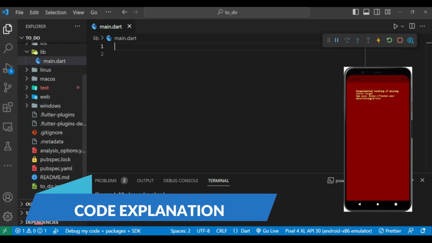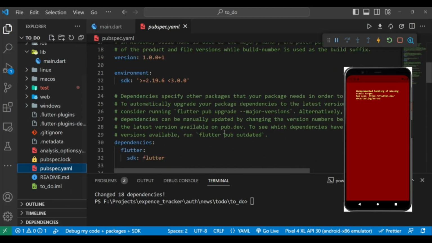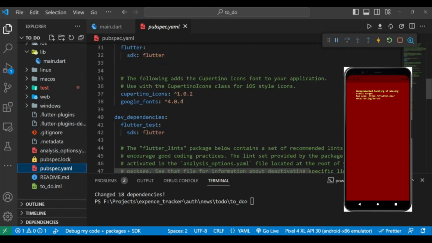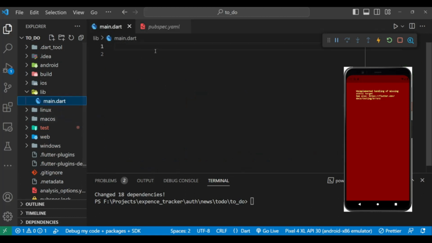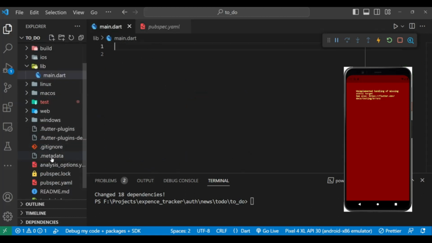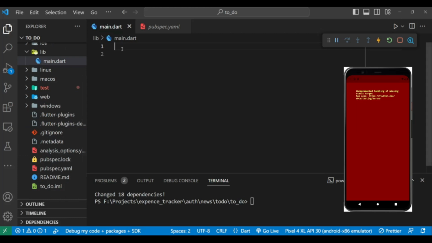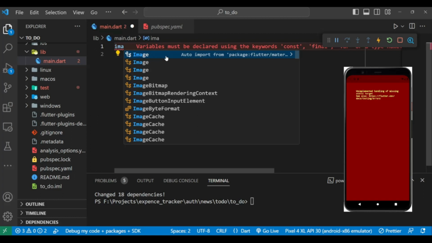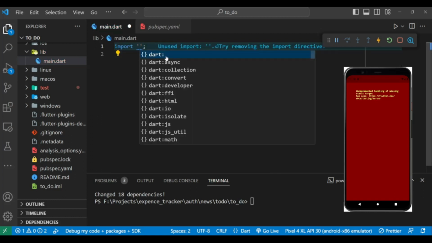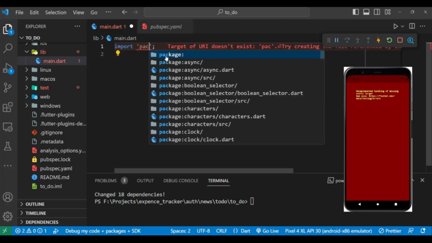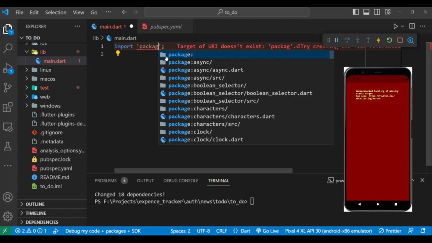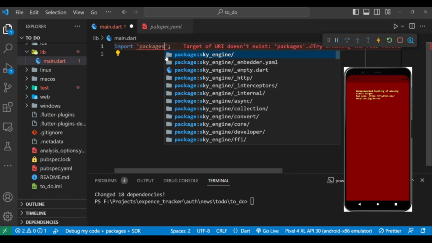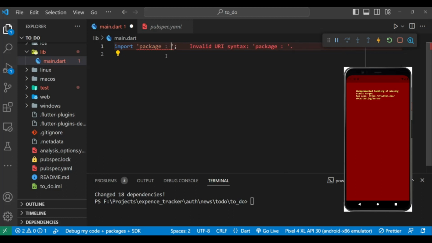Firstly, the library for this project I have imported is only the Google Fonts. And let's start the project. So, firstly, let's import some of the libraries which will help us use some default packages. Firstly, I'm including that Flutter material dart,